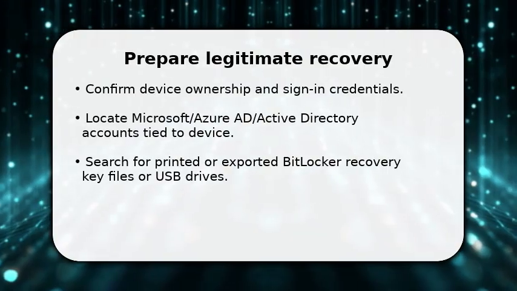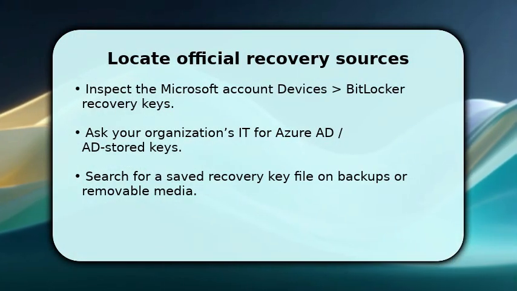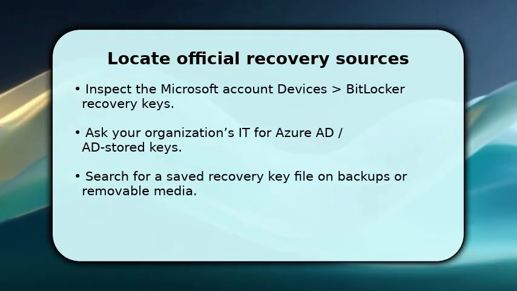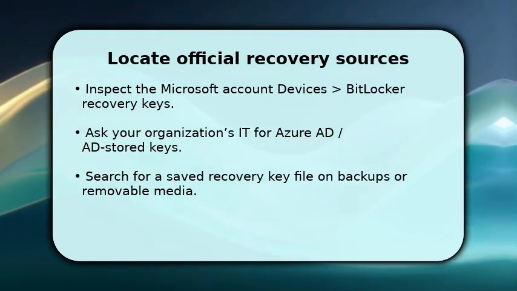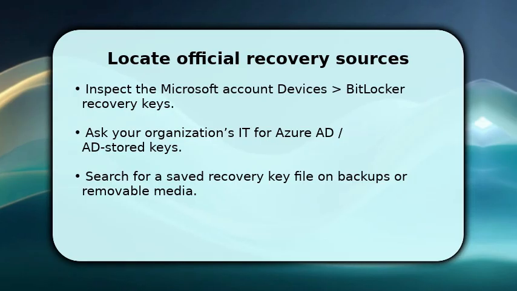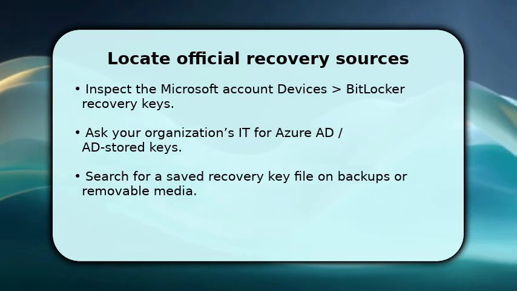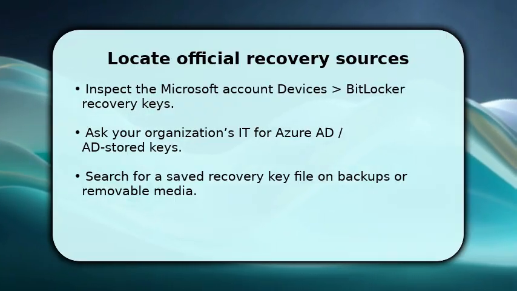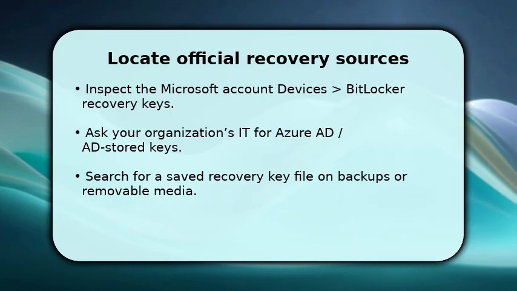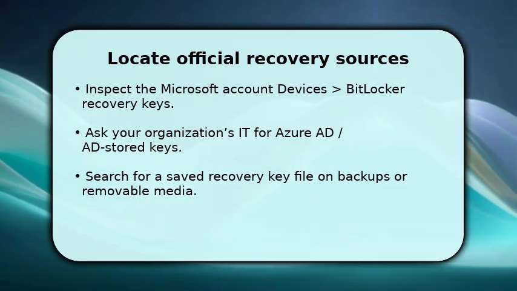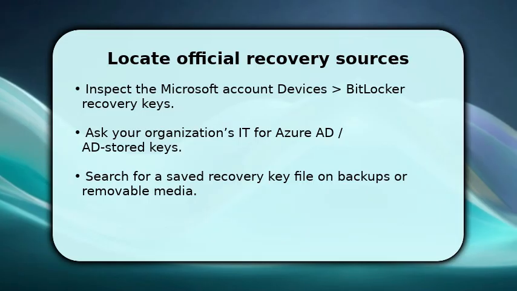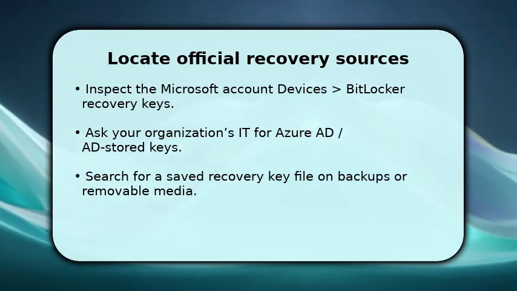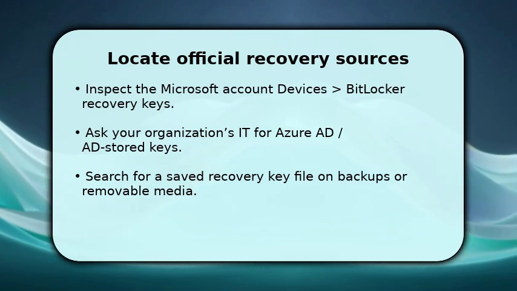Now systematically check each authorized repository for the recovery key. Sign into the Microsoft account associated with the PC and view the Devices or BitLocker Recovery Keys section. If it's an organizational device, request the key from IT, who can query Azure AD or Active Directory. Also search encrypted backups, network shares, and removable USB drives for exported recovery key files. Once you find a key, verify it matches the numeric ID shown by the locked system before attempting